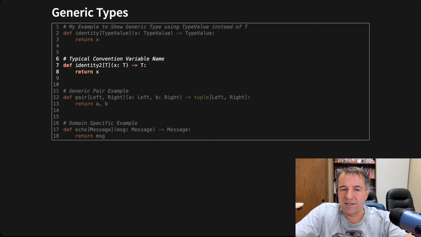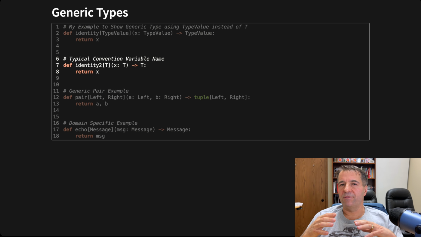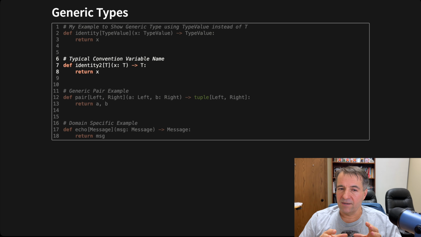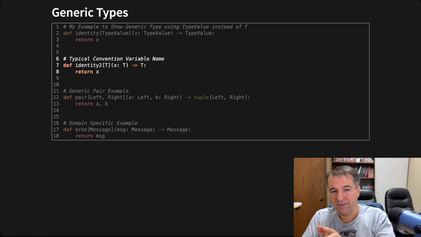The way it's normally used, line 6. So it's line 7 really. It would be a capital T. The reason I showed you line 2 is sometimes people think the capital T is something special. It's just a name. And you're then stating what the type is. So what this tells us is whatever type is being sent in will also be returned in this identity2 function.